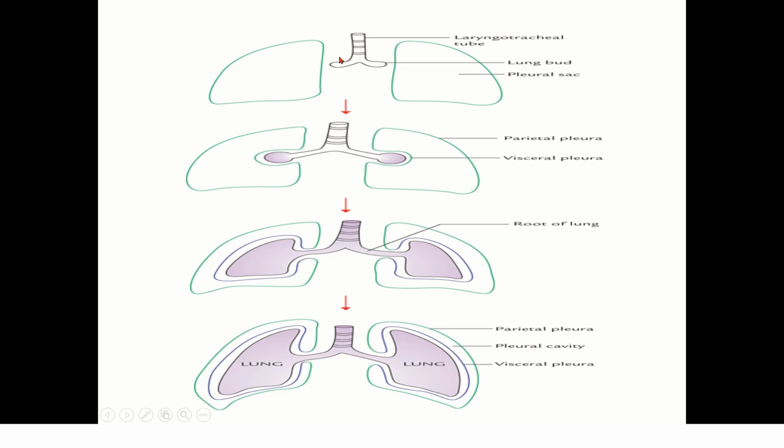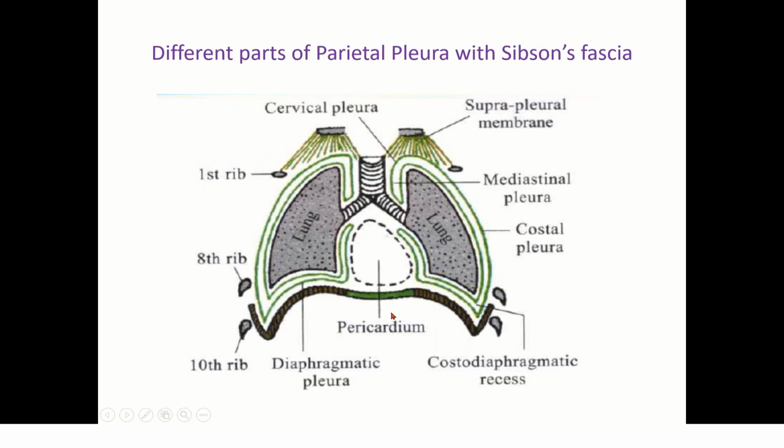You can see here the growing lung bud growing into the pleural sac, reducing the pleural sac into a potential space, making the pleura into two membranes, that is the visceral pleura lining the lung and the parietal pleura lining the thoracic wall, separated by endothoracic fascia. You can see here, if you observe, this is the visceral pleura which lines the lung, whereas the parietal pleura has been